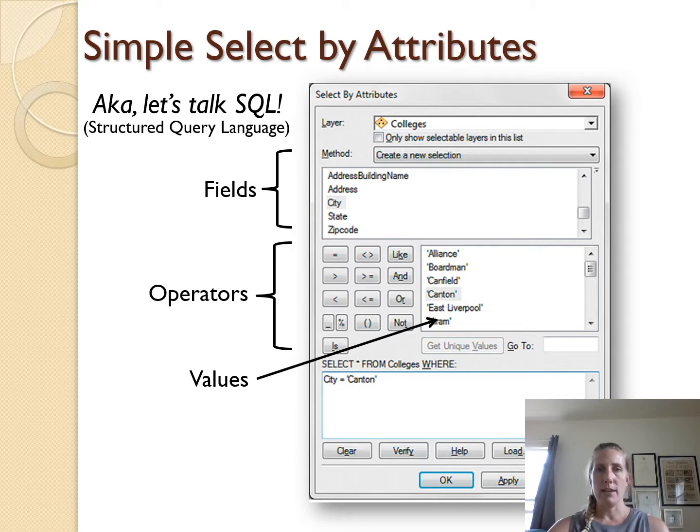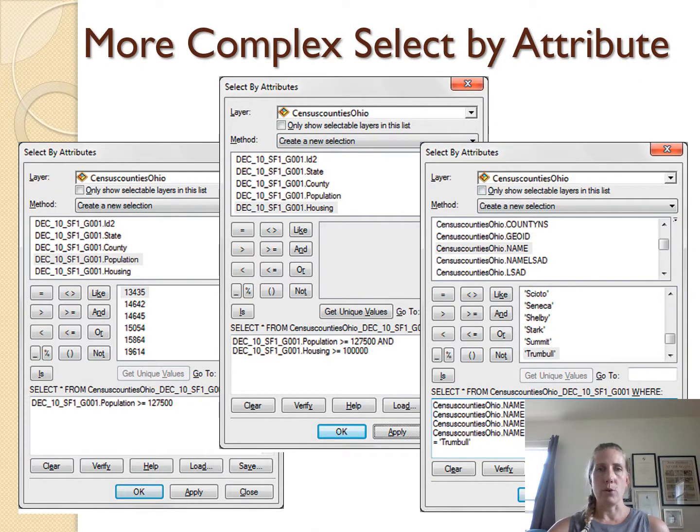So city is a field, it's an up-down column. The equal sign, of course, means you want it exactly to equal the word Canton. And we know we have Canton on the table because it's in our operators or our value table here. And so when you hit OK, it will highlight it on the map, just like you had selected a record. Of course, that's a very simple way of doing it, but it just gives you an idea of how it works. So here we can look at some more complex